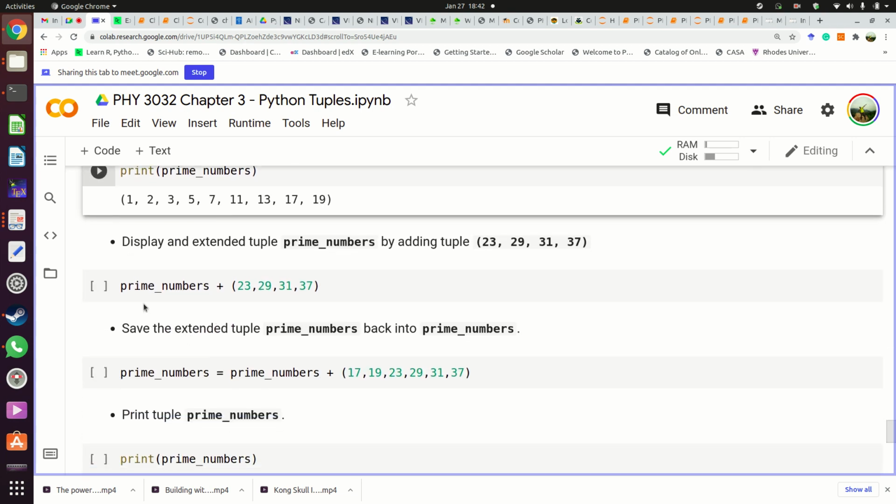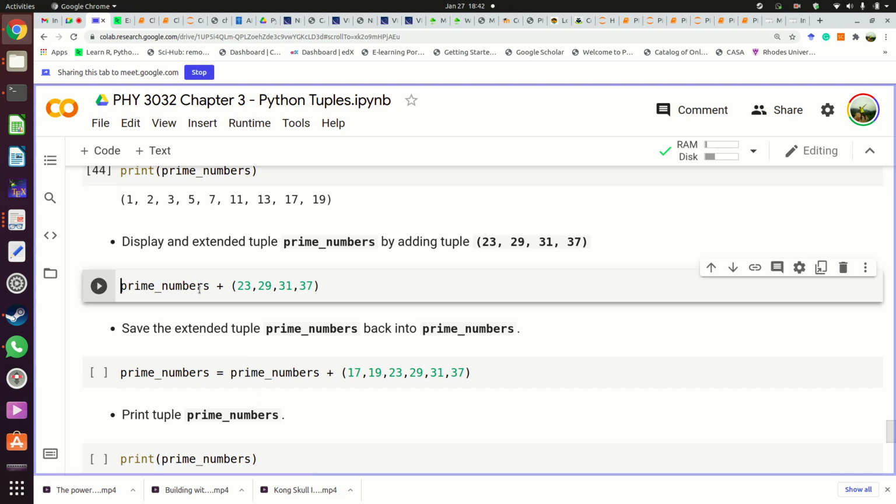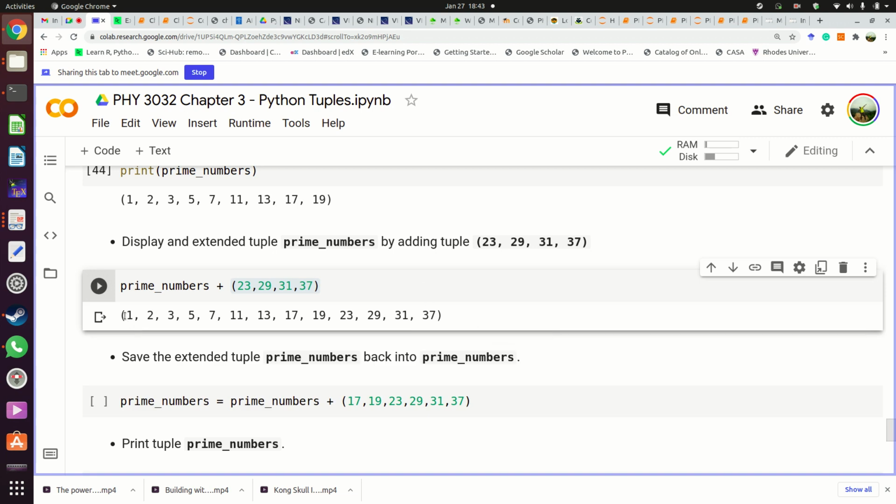Then you can do the following. If you do prime numbers plus another tuple, which doesn't have a name, using the plus sign,